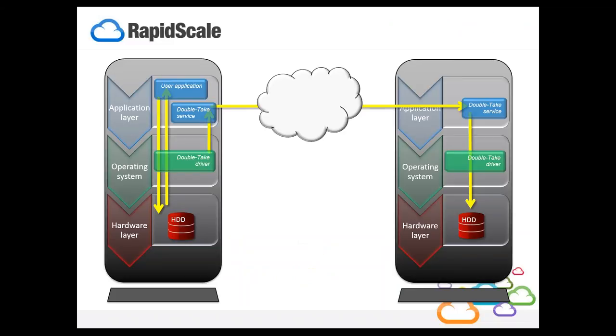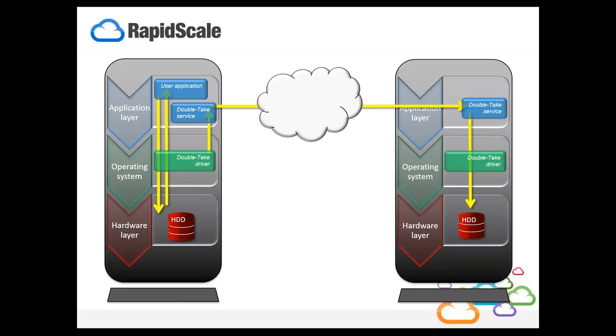So the next couple of slides, we'll take a look at how the replication process takes place. We can see that we have Double-Take loaded on our source machine as well as that target in RapidScale. In terms of deploying the software, it's very low level, a standard Windows or Linux installer, and we can even deploy that software through our Double-Take console. So we don't have to touch these machines if we don't want to. Once we've deployed the software, which doesn't require a reboot, by the way,